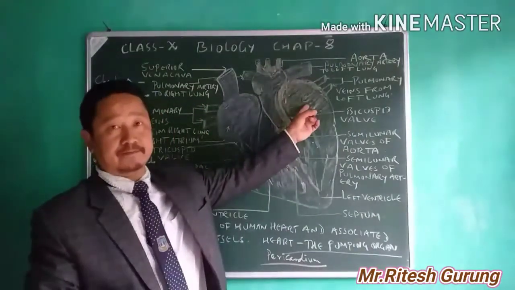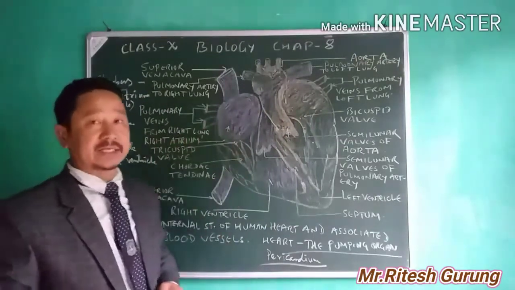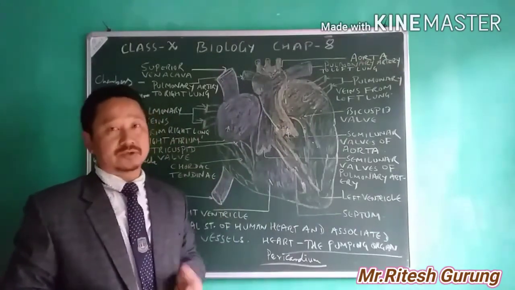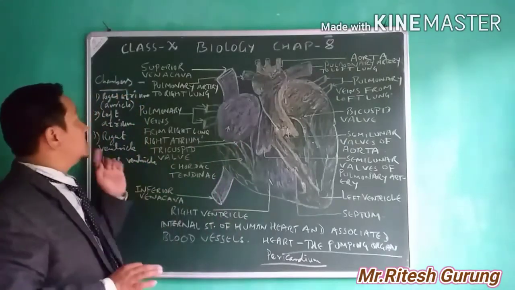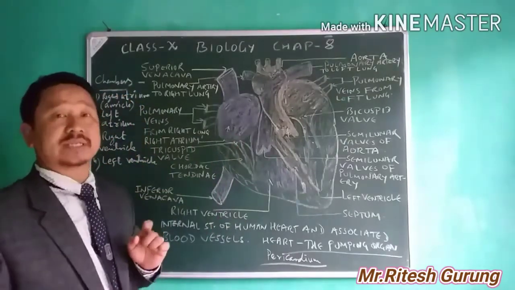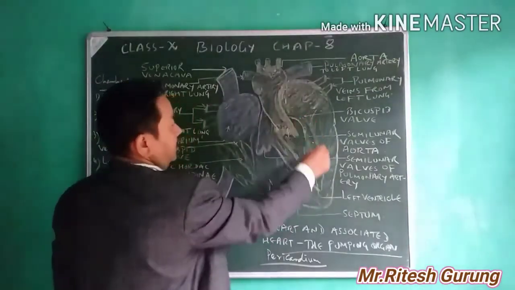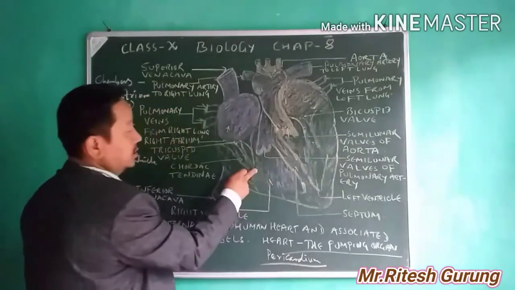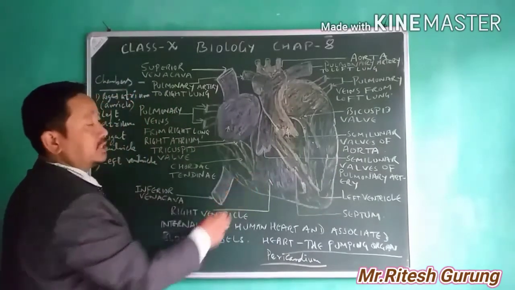Then I'll tell you again afterwards the mechanism of circulation of blood through the human heart. At that time I'll tell you once again. Right now I'm just talking about the functions of the four chambers of the heart. Then down here you find the right ventricle. The function of the right ventricle is to